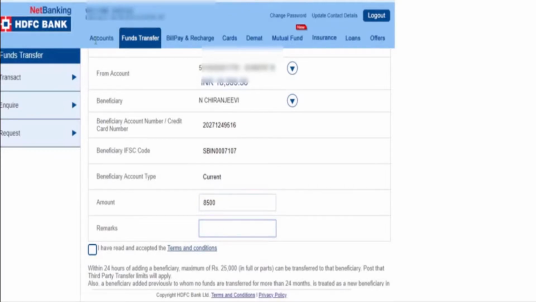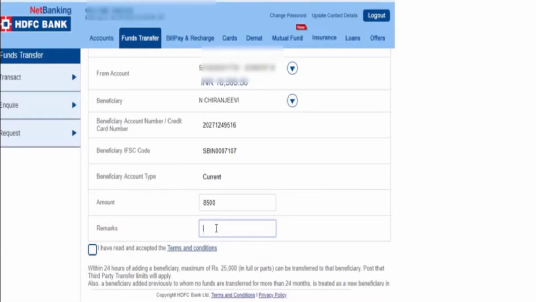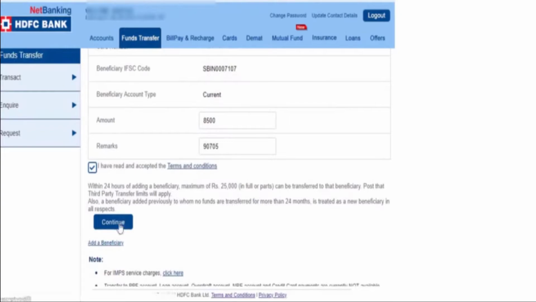In the remarks section you need to enter the number that has been made as the deposit ID. This remark can be different for your deposit, so make sure you enter the exact deposit ID there as a remark, and then select the terms and conditions and then continue.